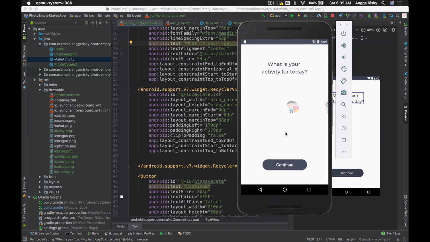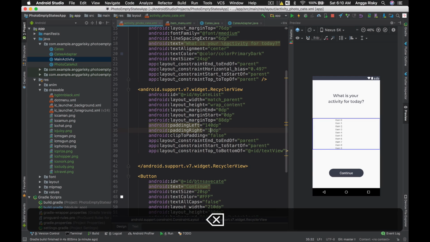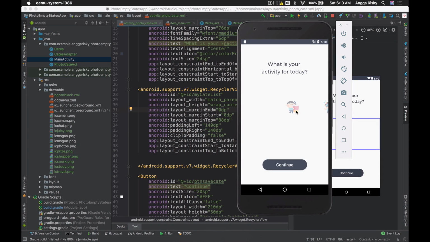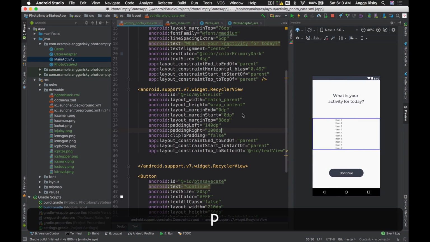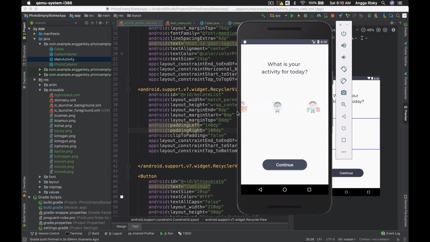So if we click here, you see the item starts from the center, but if we scroll here we are still able to see it, and I think 170 is just a big deal. So I think I have to decrease by 140, and then this one 140. I think so. If we select the last item, you see, wow, I think just go with 100 instead. Okay, so it has to be center, and then it has to be center. It's perfect.